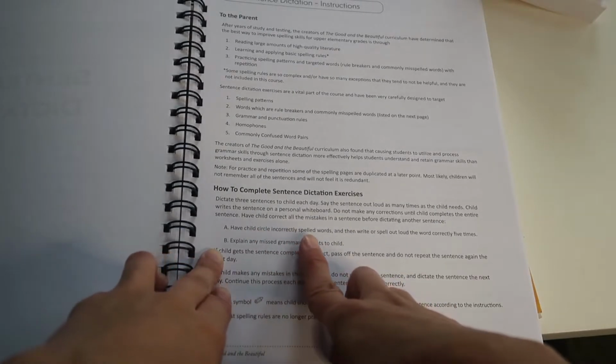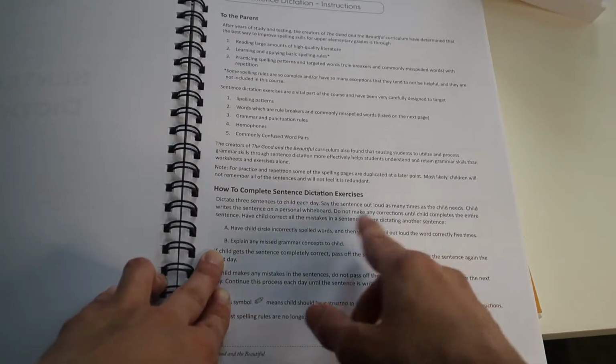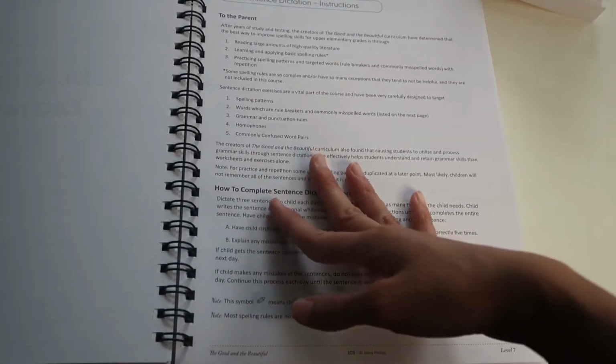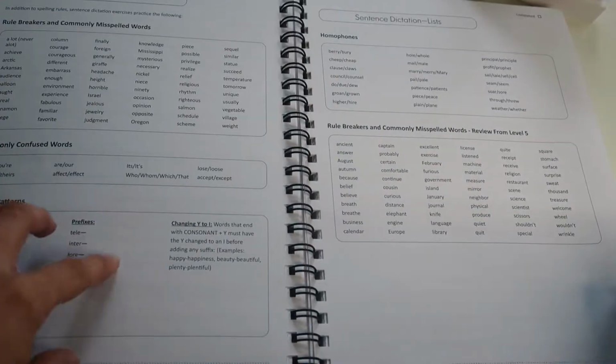So then they circle the incorrectly spelled words, and then they write or spell out loud the word correctly 5 times. Then you explain any missed grammar or concepts to the child. So if the child gets it wrong, you keep repeating that sentence every day until they get it all right. And so then you have the sentence dictation list of commonly misspelled words and homophones and rule breakers. And then every set